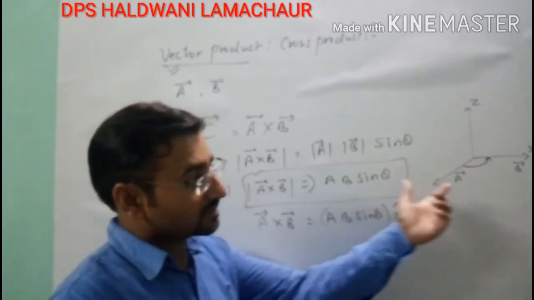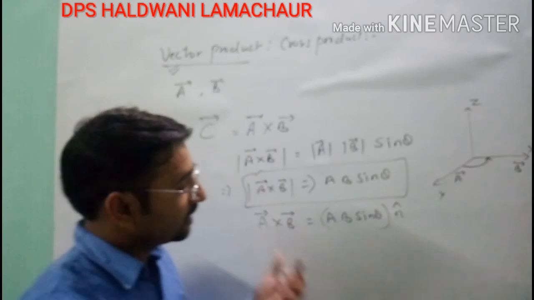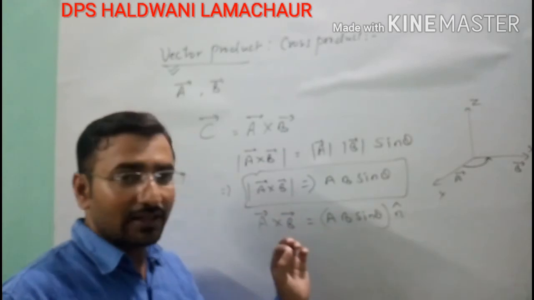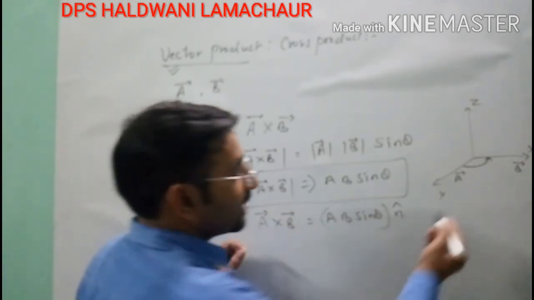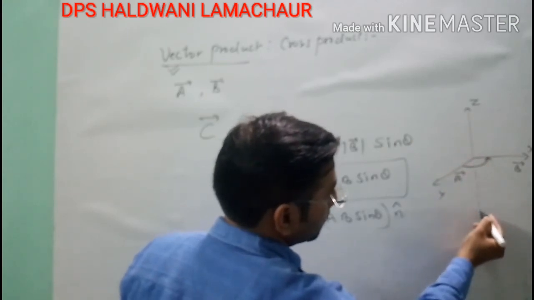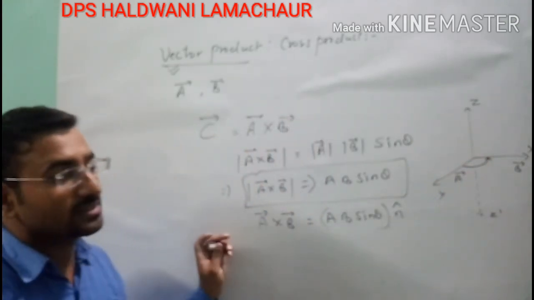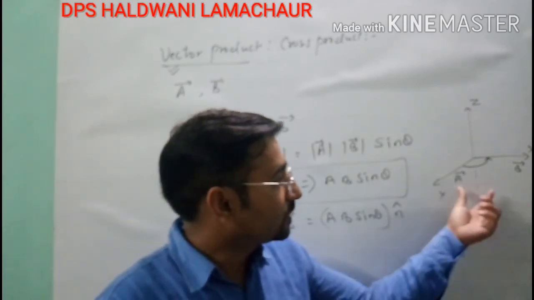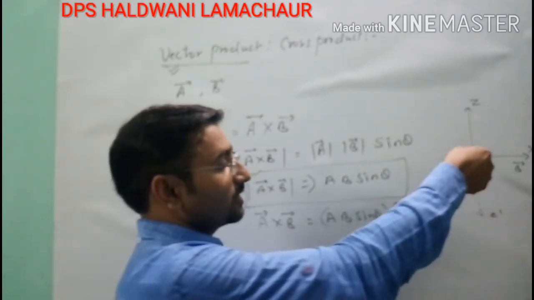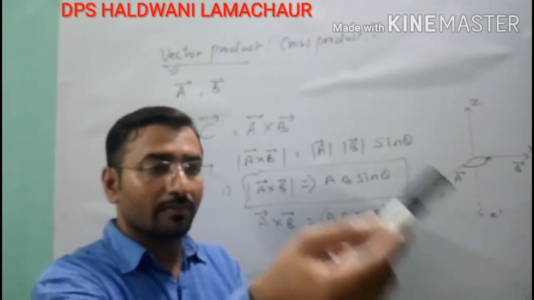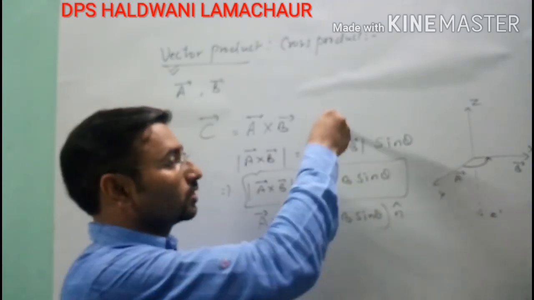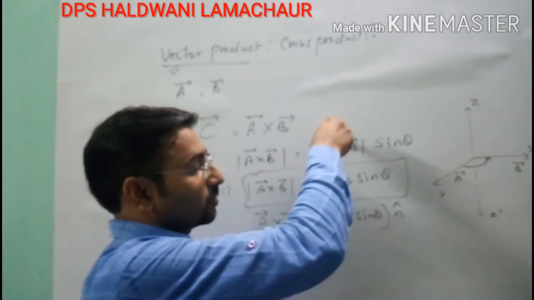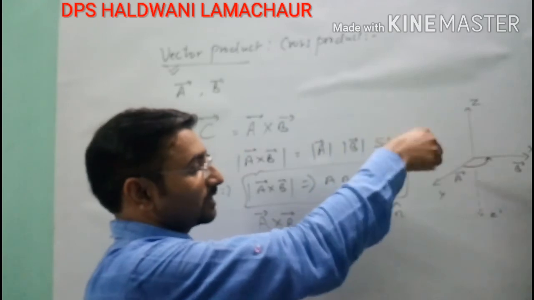When we want to find the direction of A cross B, as I have written here n cap, we know one thing: it is normal to A cross B. Maybe it is in the Z direction or in the Z dash direction, which is the negative Z axis. How will we find the direction? We will use the right hand screw rule. Suppose we hold a screw with our right hand and are tightening it. When we rotate the screw, whether we are tightening or loosening, you can see by the rotation of the screw.